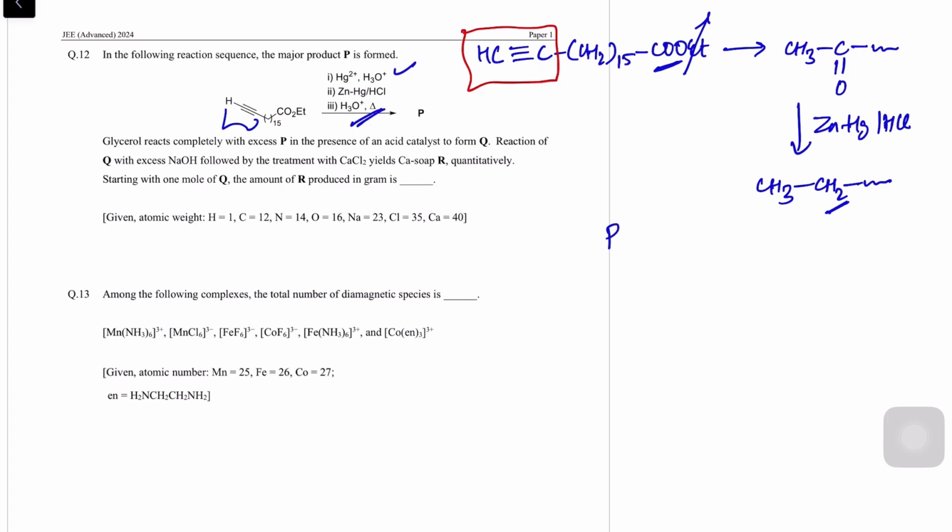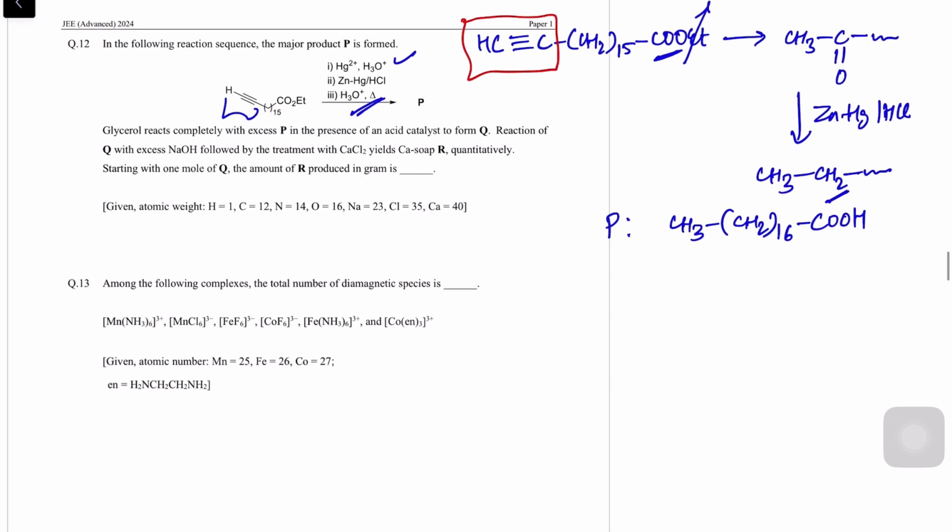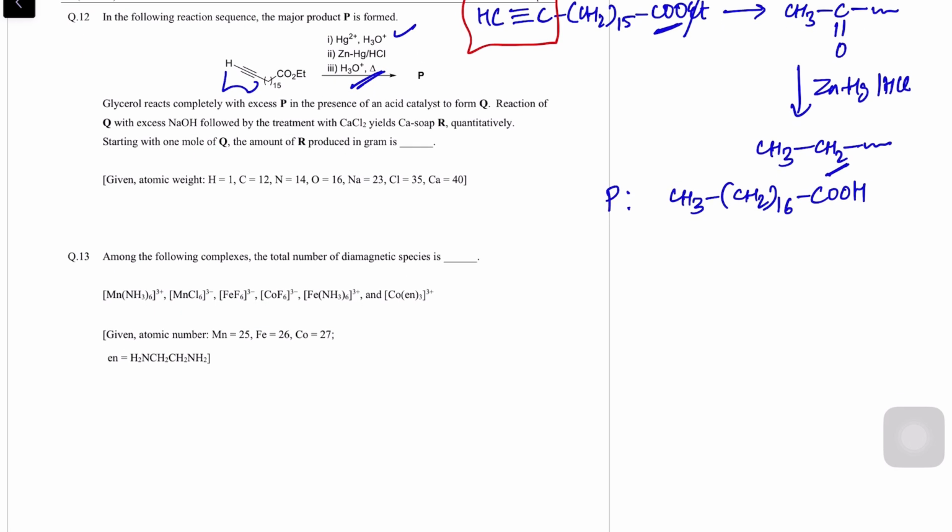So the P molecule, which is a very crucial molecule, is CH3, CH2 16, and then COOH. I hope it is clear, right? CH2 15 methylene groups were already there, 16 we have got, and this is P. Now glycerol reacts with P. This is a carboxylic acid, glycerol is an alcohol, so of course you will get an ester. Alright, so an ester of this kind,